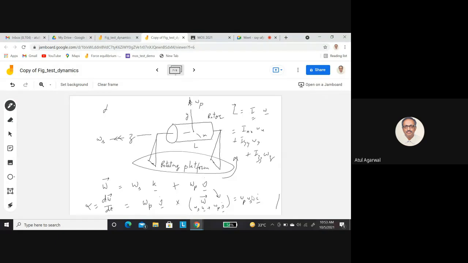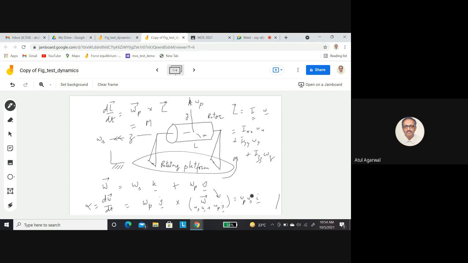And then you have to find dL by dt. What is dL by dt? Now you see, you are not talking of any change in angular velocity. So whatever angular momentum is, it is changing because of the rotation of your coordinate system. You have some fixed body here, and this is a rotating platform, and this coordinate system is rotating with angular velocity omega. So you have to just do omega p cross vector L, and you will get the time derivative of this angular momentum. And this has to be equal to the torque applied.